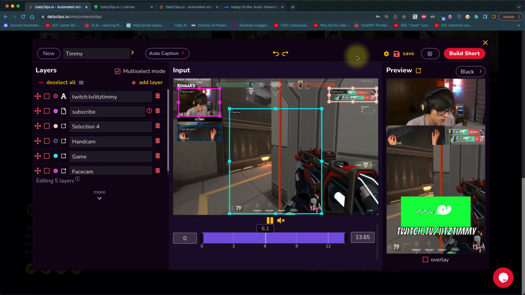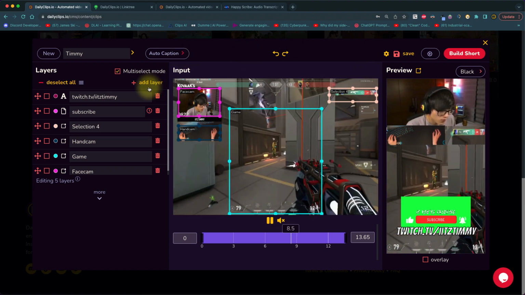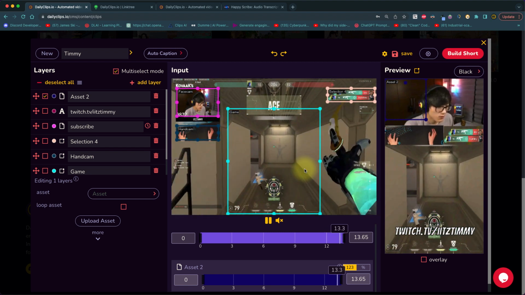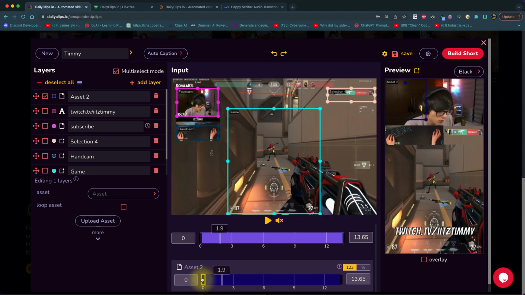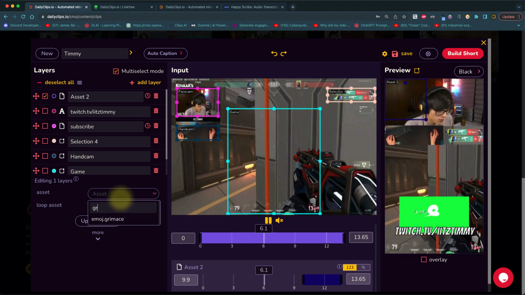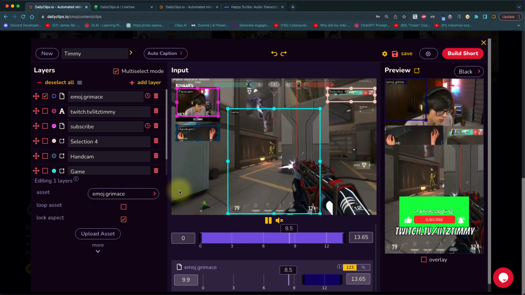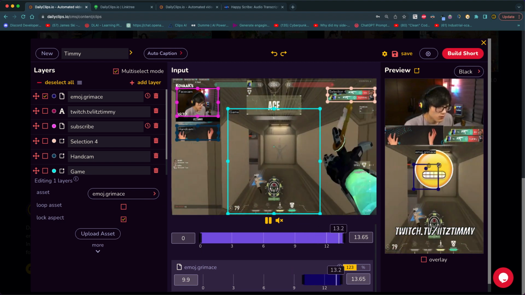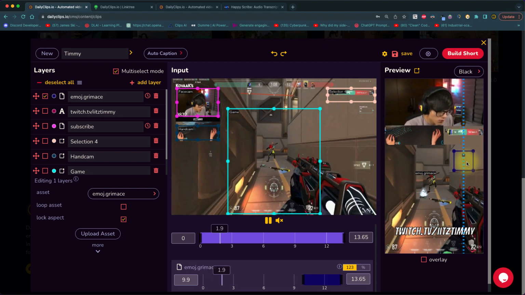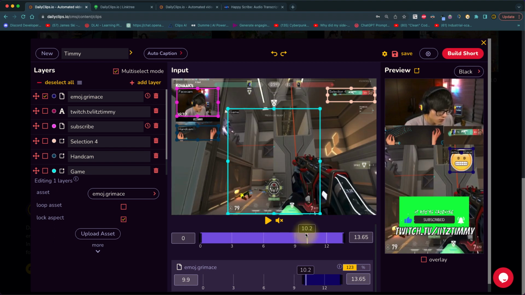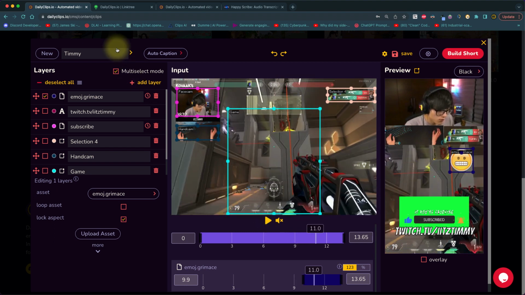All right, so there's one more thing I want to show you. I'm going to go to add layer, add an asset, and let's say I have a context emoji in here. For example, let's choose, I don't know, the grimace emoji for a second. Let's say something risky happens and you throw that in there. This is only useful for this play, like this clip. It might not be useful for the next clip that I want to use this layout on, right? So I'm going to save this,